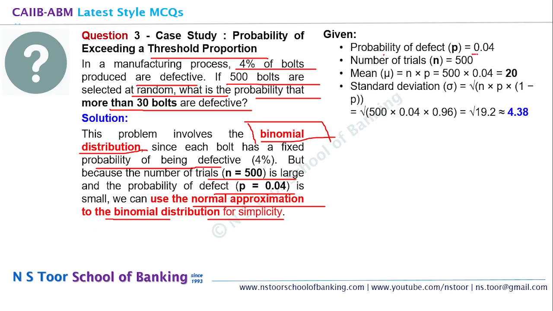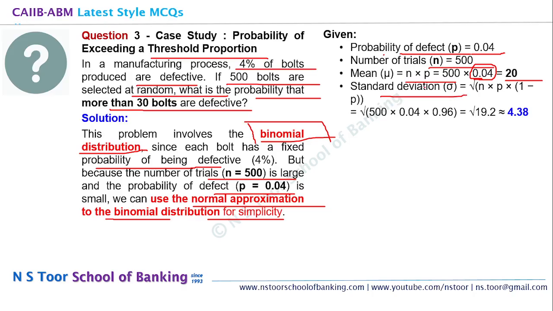Probability of defect is 0.04, that is 4%, for which we can call it as a P. Number of trials कितने हैं? 500. So N कितना हमारा होगा? N will be 500. Mean कितना होगा? Mu कितना होगा? Mean is equal to N into P. N is 500. नॉर्मल प्रोबेबिलिटी कितनी है? 0.04 या 4%। तो नॉर्मल सर्कमस्टांसेस में कितने होने चाहिए? 20 बोल्ट हमारे डिफेक्टिव होने चाहिए। दैट शुड बी द मीन एवरेज।